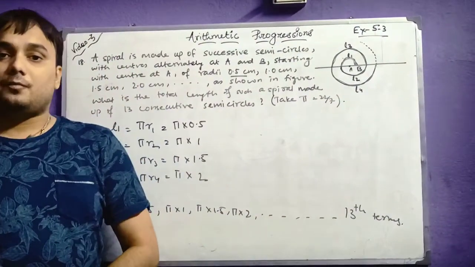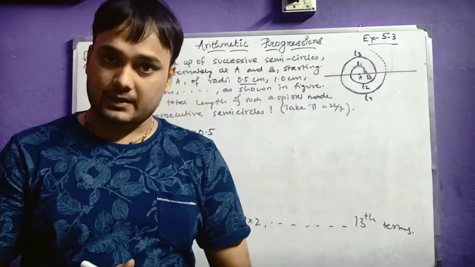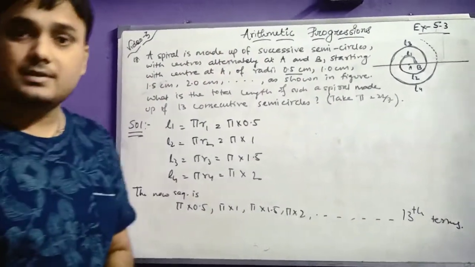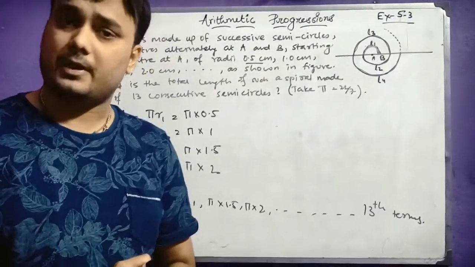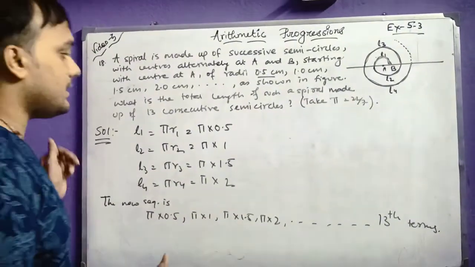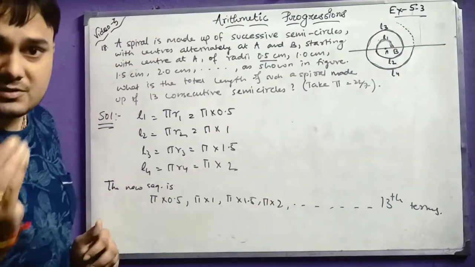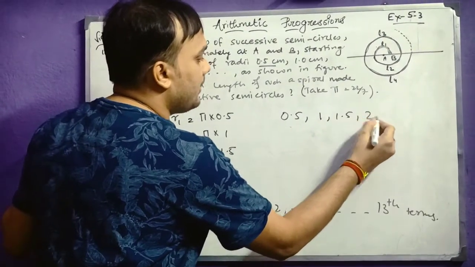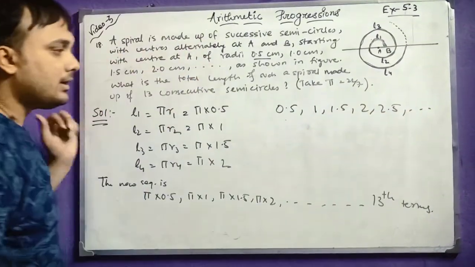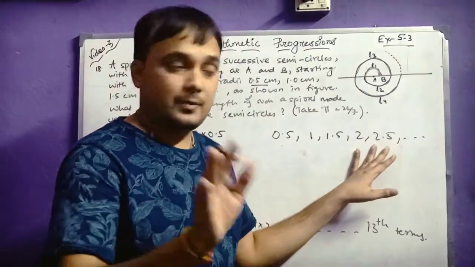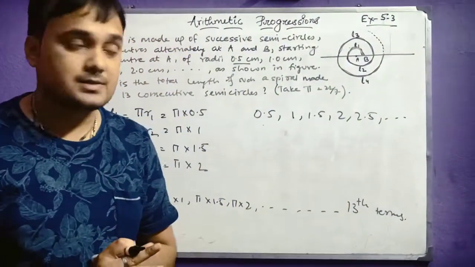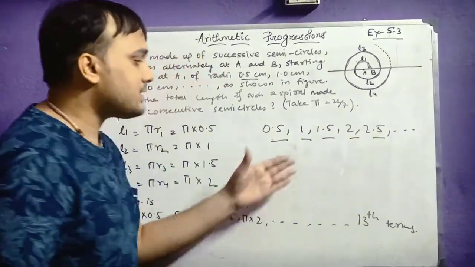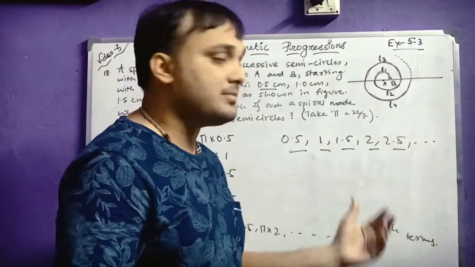And students, one thing you have to know here, that is this sequence is also an AP. Now you will think, how can I understand that this is an AP? Then you have to listen to me very nicely. See, what was the radius? If I take a new sequence of radius, it will be 0.5, 1, 1.5, 2, 2.5 and so on. So this is the sequence where all the numbers are the successive radius. You can see here this is already an AP because the difference between every successive term is constant here,